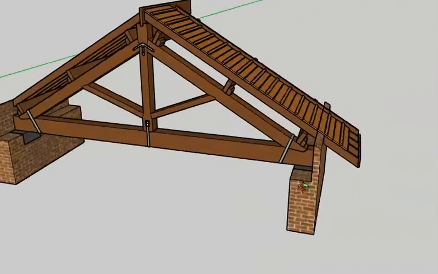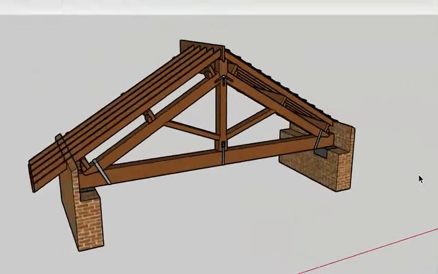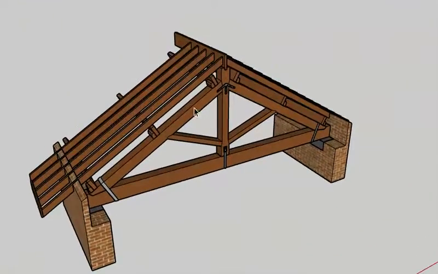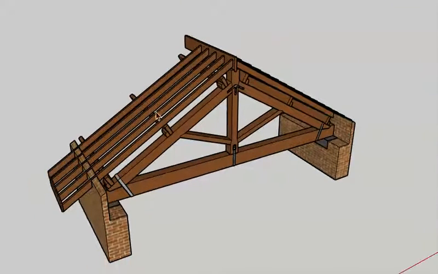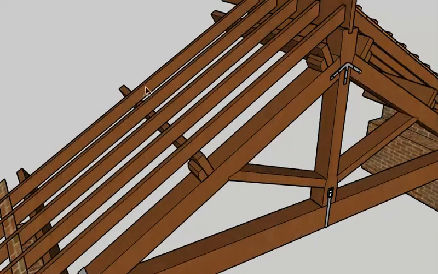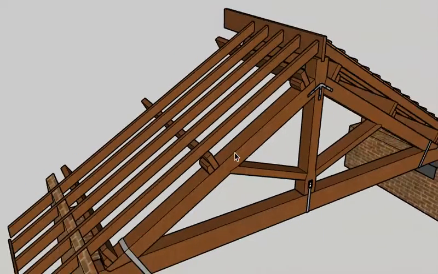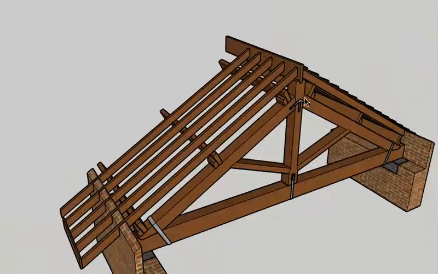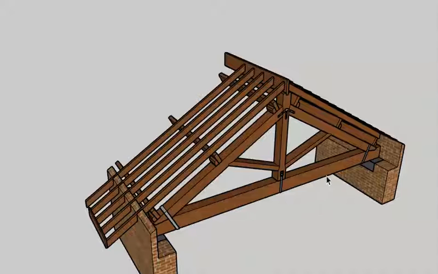Now what you will see is that the trusses are going to be the main load carrying members. So all the load from the roof will first be transferred to the common rafters. From the common rafters it will be transferred to the purlins, and then from the purlins it will be transferred to the king post truss. So the king post truss is going to be the main member which is carrying the load from the roof, and that load is going to be a point load.